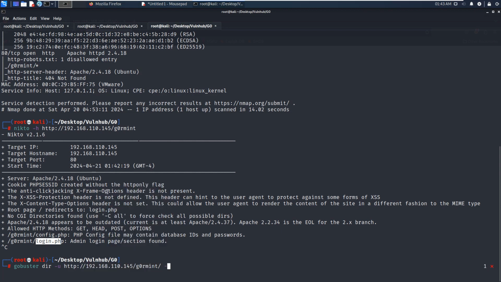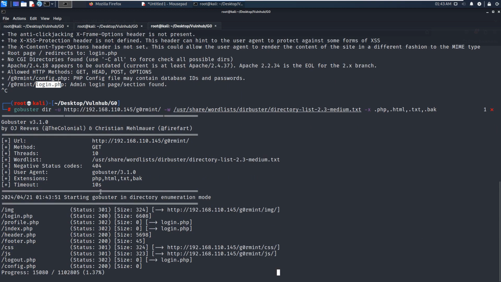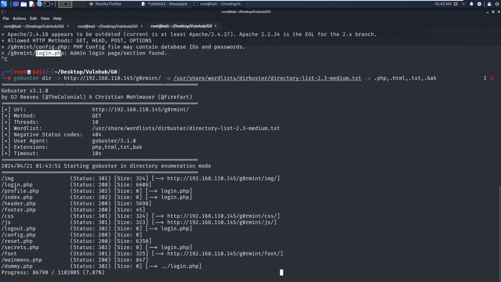And then we can use the -w option to specify the word list to scan. I always use this word list to do directory enumeration. Press enter. GoBuster can immediately identify some files like login, profile, index, but many of them